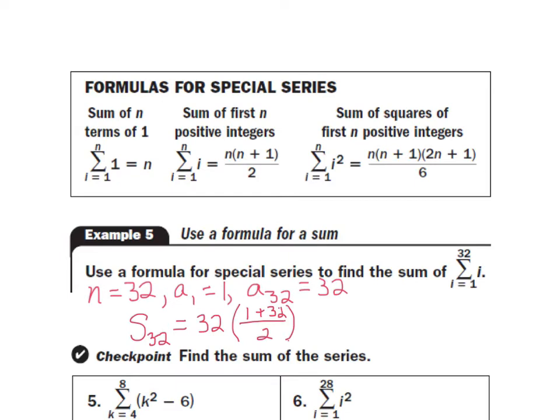And like I said, this works out well, and this formula plays off the fact that there's nothing being added or multiplied to any of the terms. The term is the same as the term number. So let's see, 32 divided by 2, so 16. 33 times 16, if I go ahead and work this out, I've got a calculator here, you guys can't see it, but I type it into my calculator, I add the 1 and the 32 first, and I get